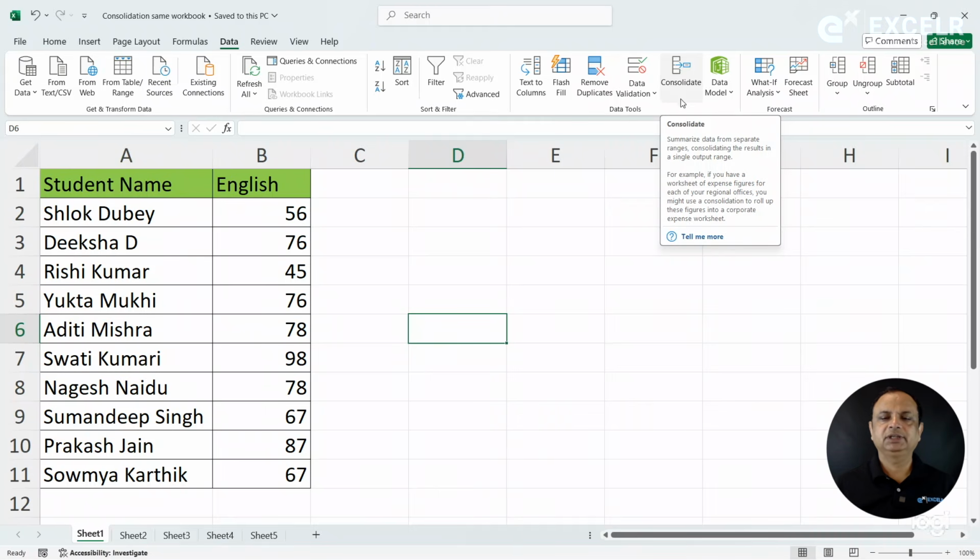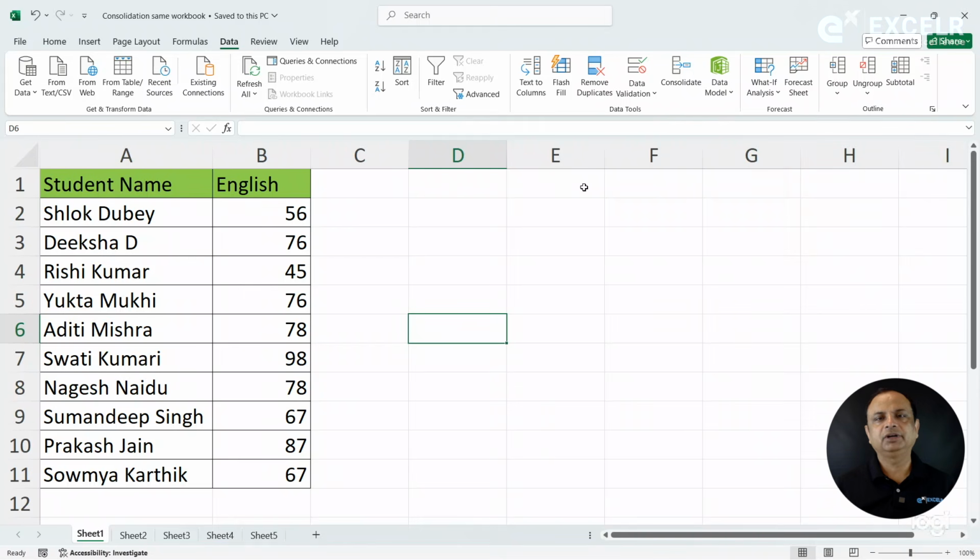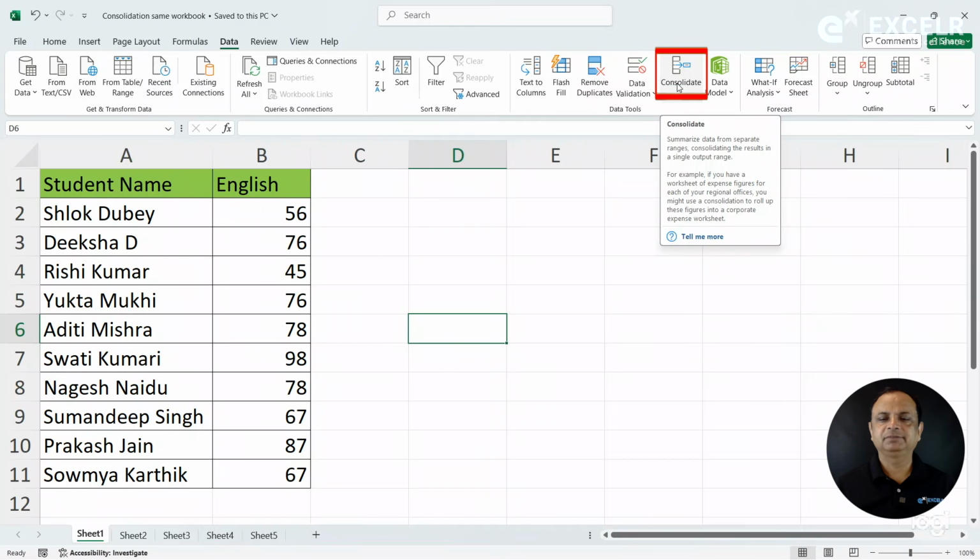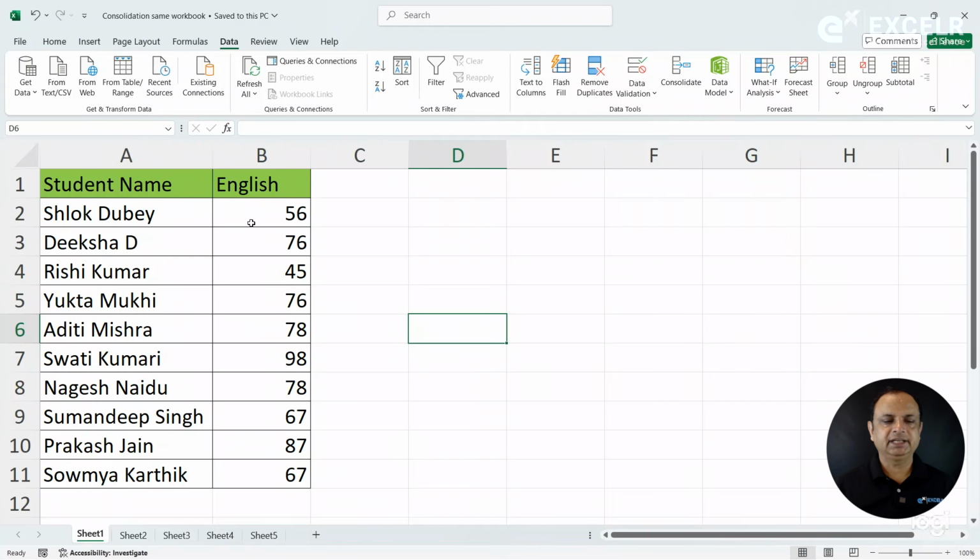So we can do that consolidation by same workbook or even a different workbook also. In consolidate you can use many functions: sum, average, max, min, any aggregate function can be used here. So what we will do first, let's see here, I have a worksheet and here I have some students, their